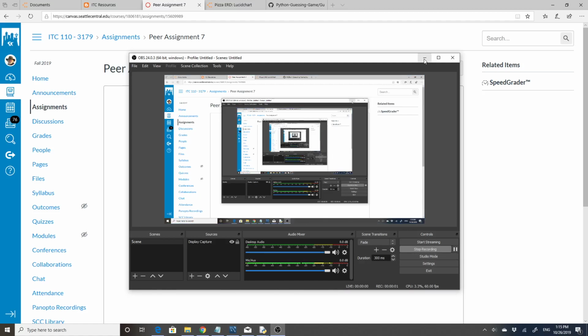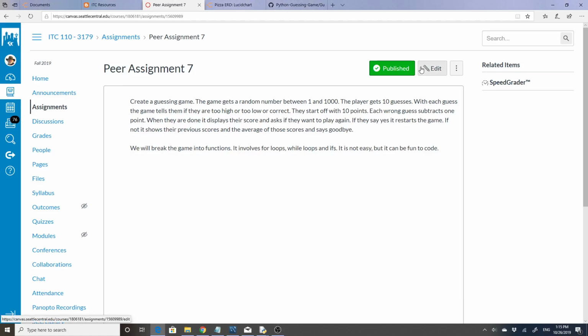Okay, I'm going to talk about Peer Assignment 7, which is really complex. It involves everything we've kind of learned so far. It's going to involve breaking things up into functions. It's going to involve loops, while loops, and ifs. It'll have all the elements that we've covered in class so far. I've already started